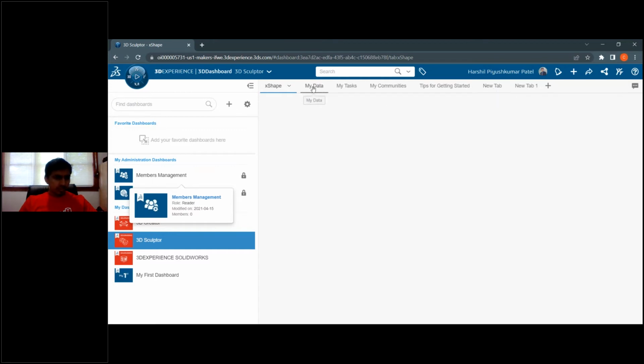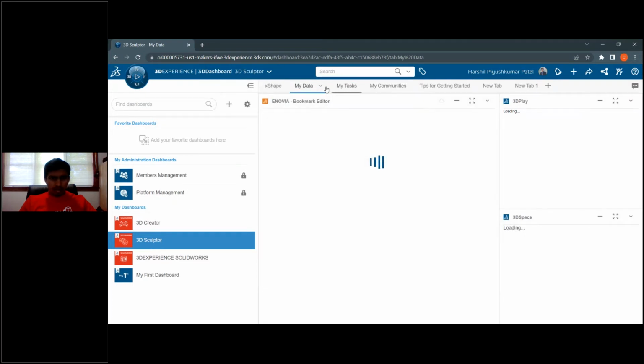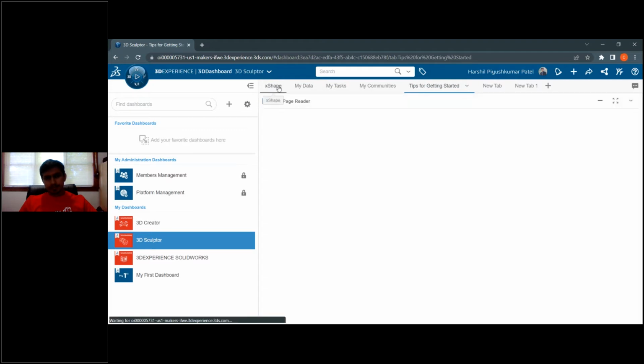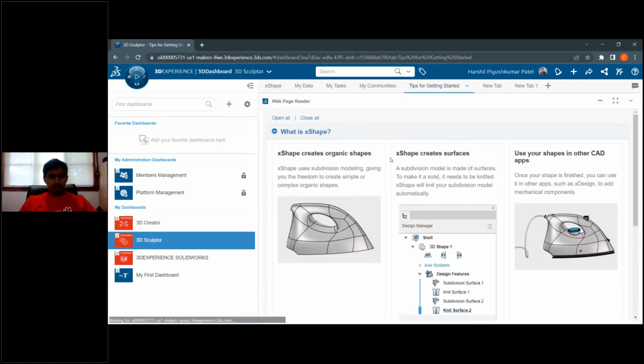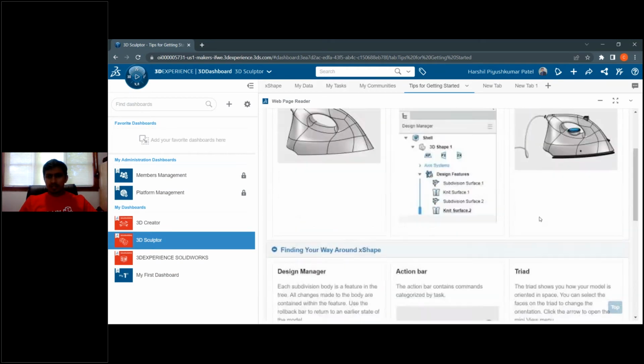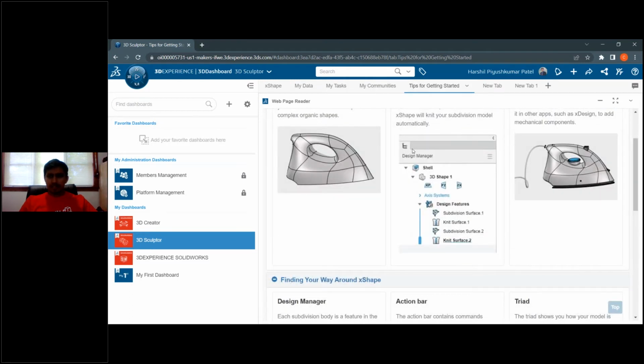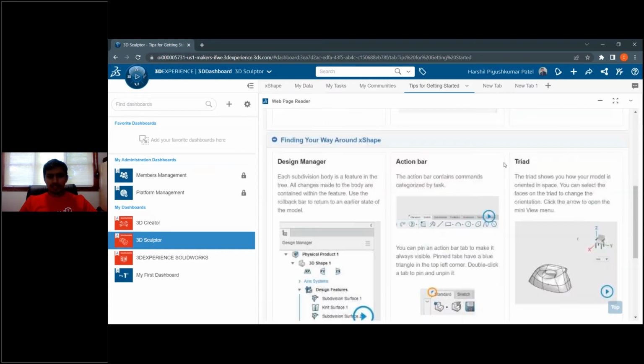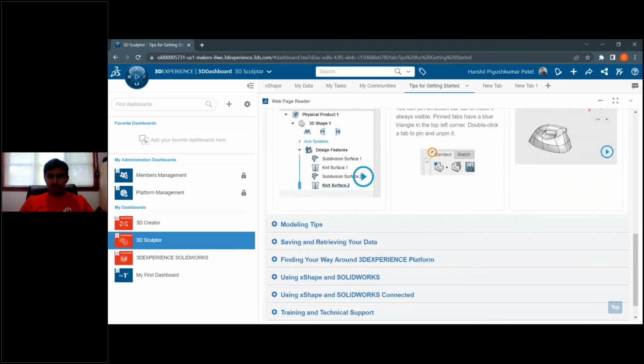Maybe there's some issue with 3D Sculptor right now. So this is xShape, where we can just enter the part and a shape like a circle or something, and we can do our design with existing points of the part.